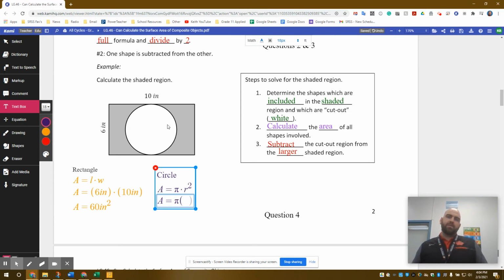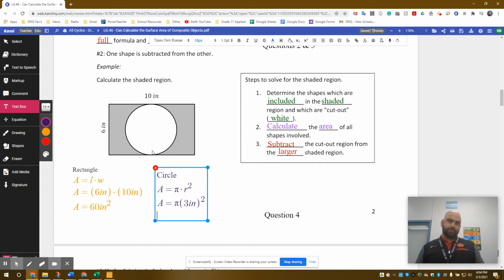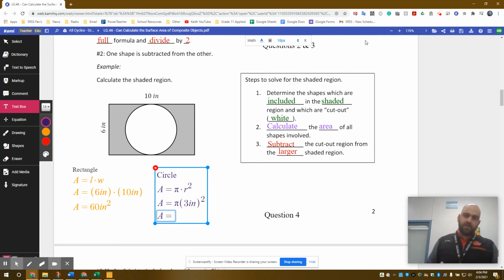What we can understand, though, is that if there's nothing given, the diameter is probably from the top to the bottom, the same distance as this side right here. So we have a diameter of 6 inches. It tells us that our radius is 3 inches. Again, we are carrying what we know over into our new circle here. And then pi times 3 squared is going to be